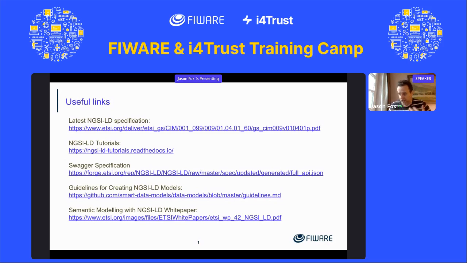Now, we're not about reinventing the wheel here. If there is a relevant domain standard, use it. It's out there. Potentially make a PR request to add it to smart data models so that other people know where to find the original. But you know, use the existing ones out there so that, if you are say doing shipping, for